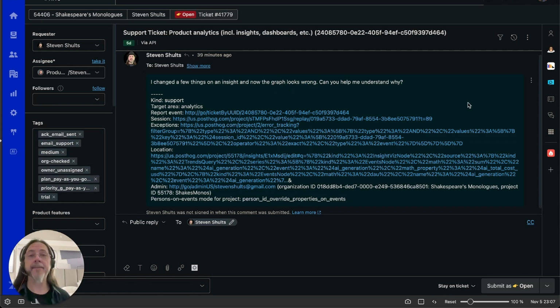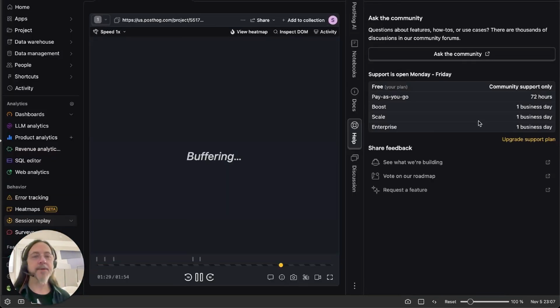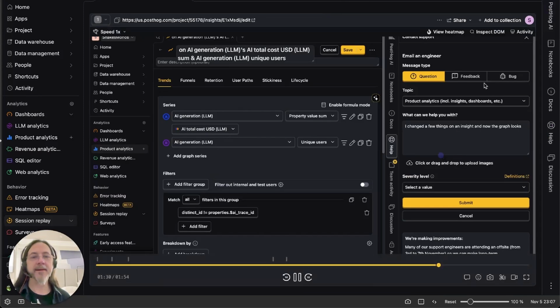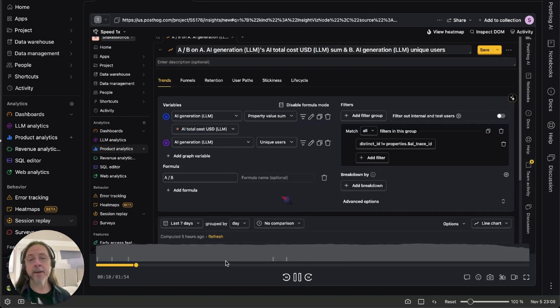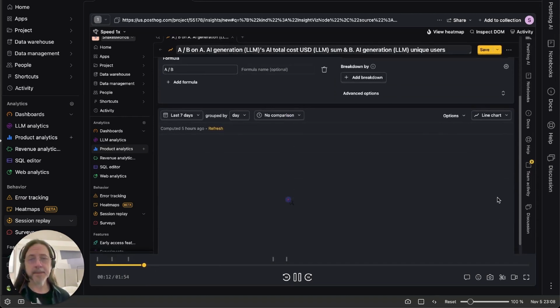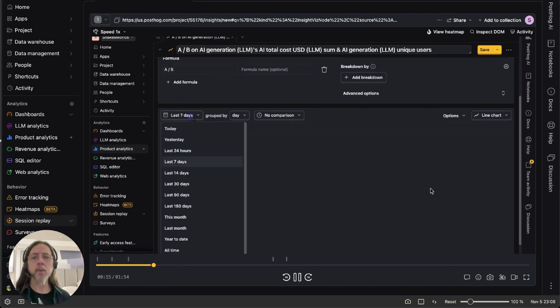Once upon a time, there was not much you could do but reply to the user and ask for more information. But now, with session recording, you can have a look at what they were up to just before they opened that ticket. The link takes us to the moment where they started the ticket. And in a shorter session, it's usually just a few hops back to where they encountered the trouble that they wrote in about. So you can watch, see what they were doing,